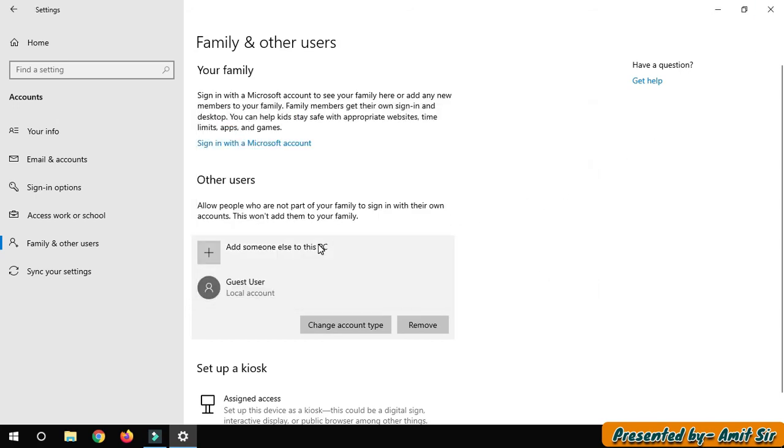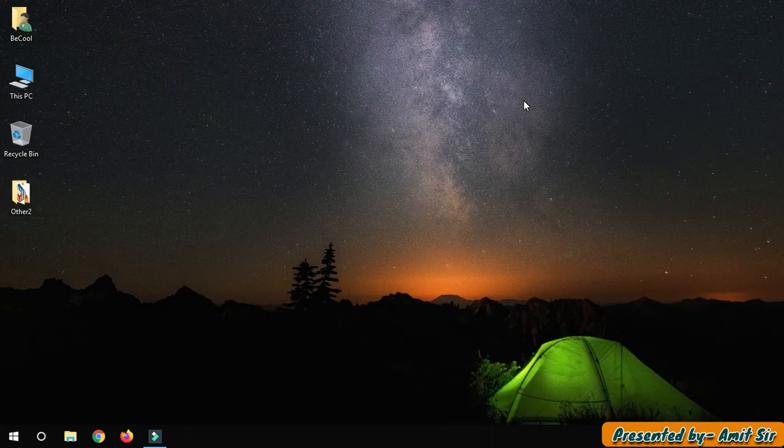Now let's see what file permission is. Just like users have certain privileges over the system and the settings, the user can also specify file or folder permissions. The owner of the file or the system administrator has the right to grant or revoke this permission from any set of users.